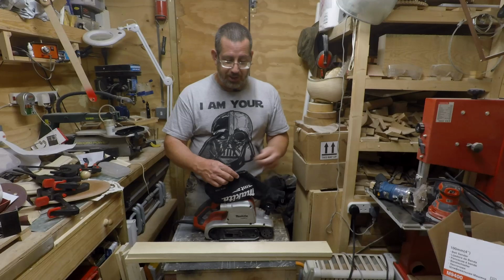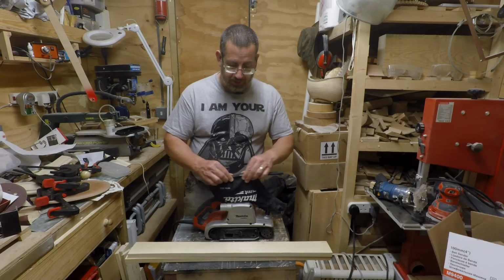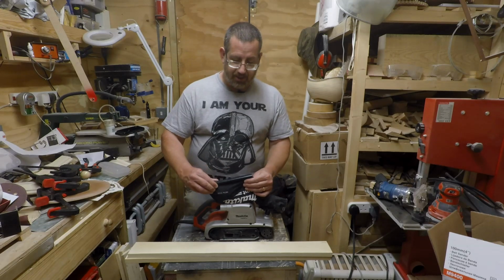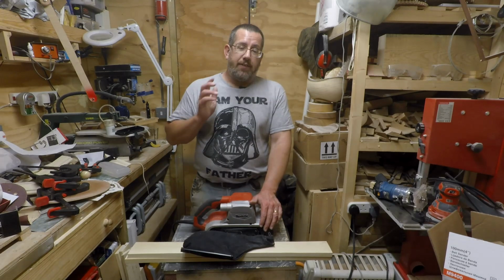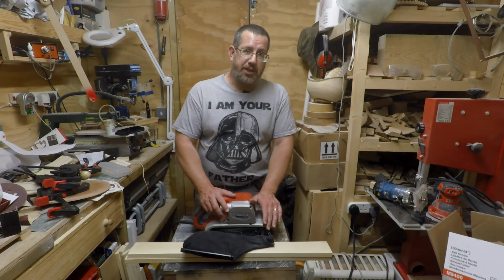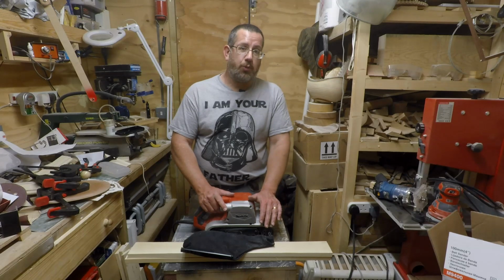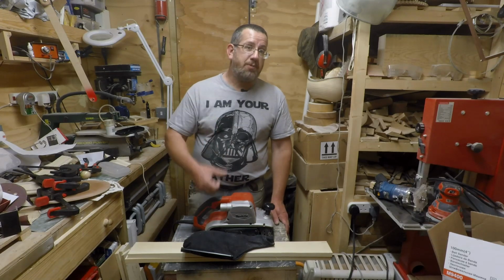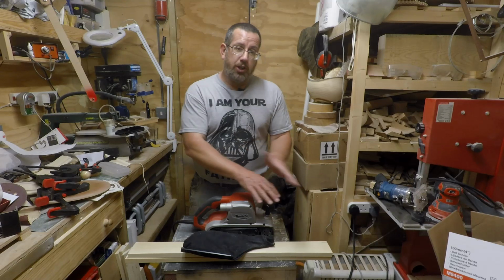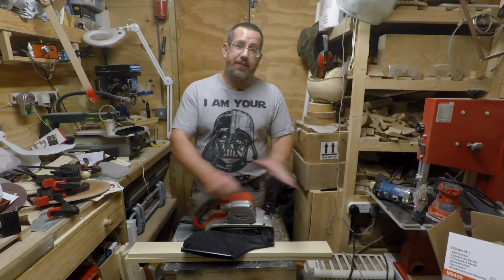And to put this back on, even with the bag three-quarters full, you can see it's quick and easy to do like that. Now, everybody's going to have their own preferences as to what type of tool they want, especially if they're looking for a belt sander. This is a big beast, and especially at 6 kilos is quite a weight, but it's actually quite a manageable weight to lift about. If you're working on a flat surface down like I was here, it's very easy to